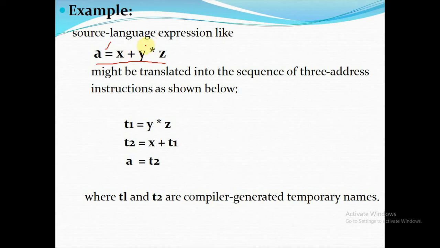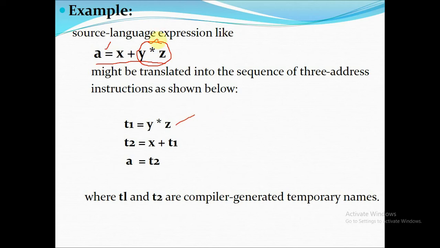Which operator has higher precedence? Star. So first you have to perform the operation y into z in the 3 address code. So I am taking temporary variable t1: t1 equal to y into z.